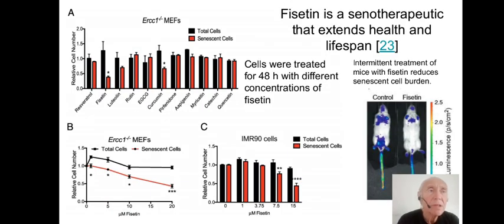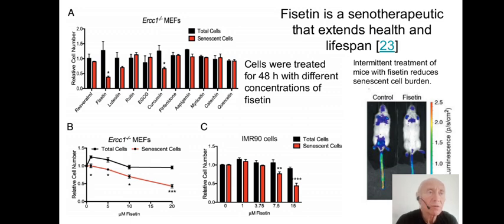Okay, fisetin. You can read about this. Fisetin, according to the Mayo Clinic protocol, is reducing the number of senescent cells much better than other supplements. So you can see here on this slide that the number of senescent cells dropped much more than with curcumin or with other supplements.